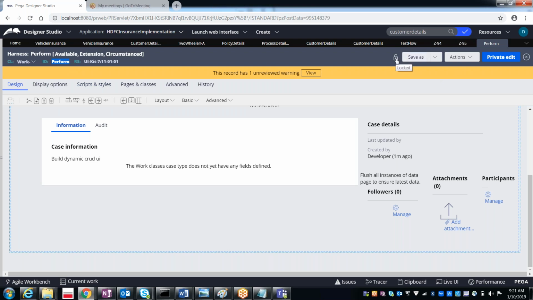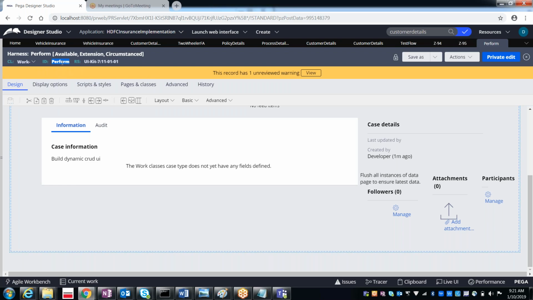It's locked. Privated. Yeah. So once it is locked, how can you check it out? Do we have the checkout option here? Why don't we have the checkout option? Come on guys, think. Is this perform harness created by us?